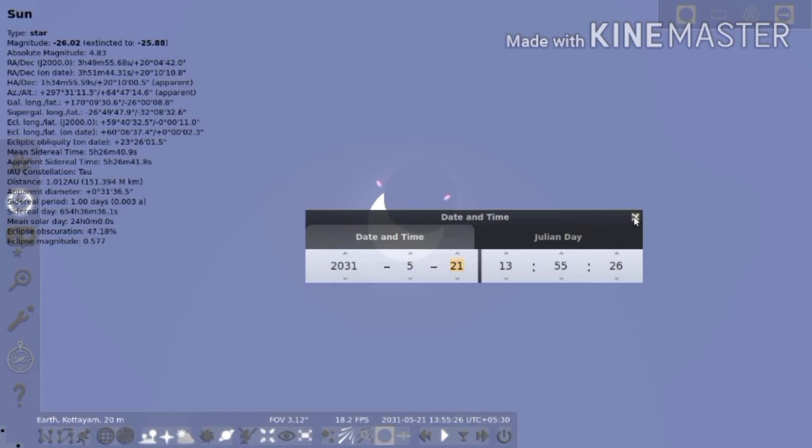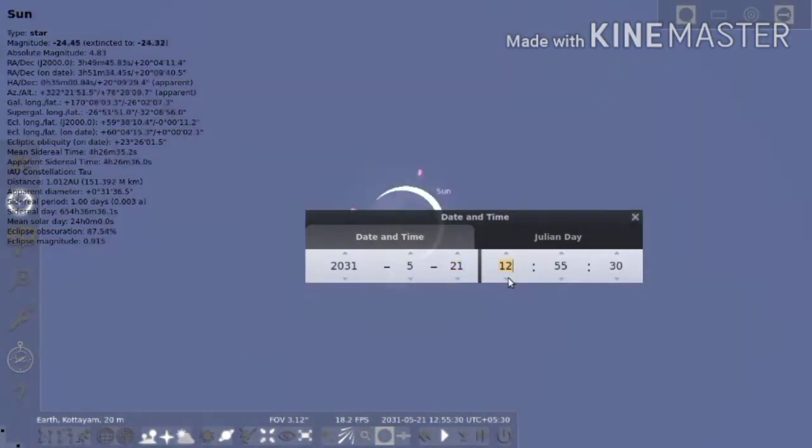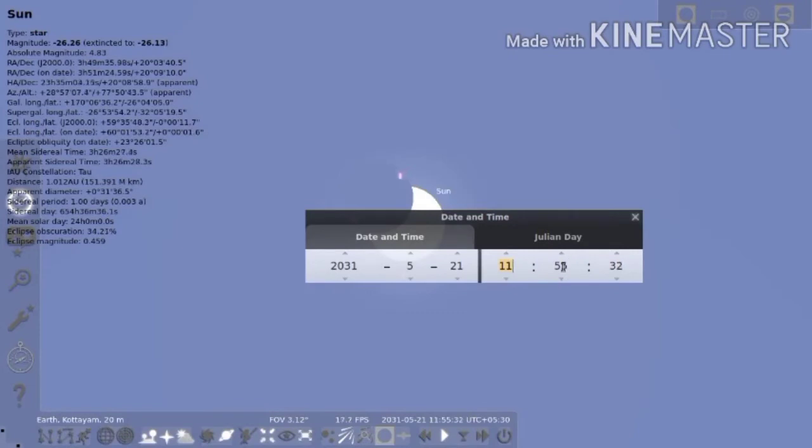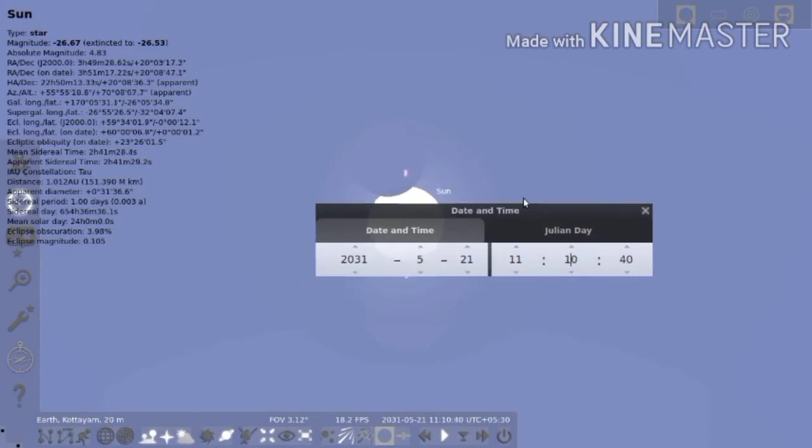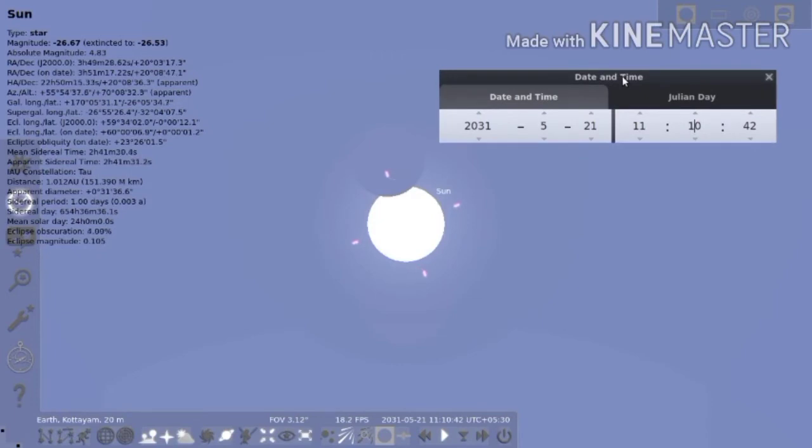From 11:10 to 15. So you want to adjust the time as 11:10. We can keep this date or time window here. See, at 11:10 the position of Sun and Moon is like this.